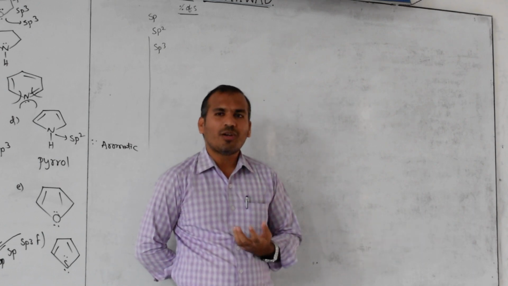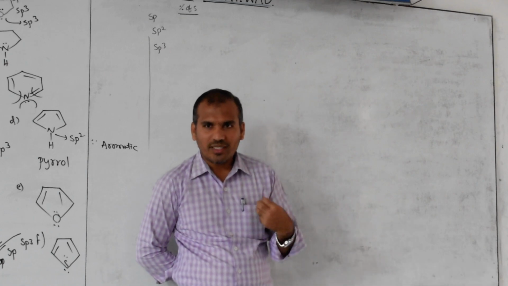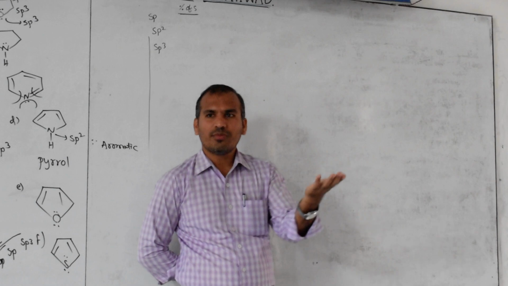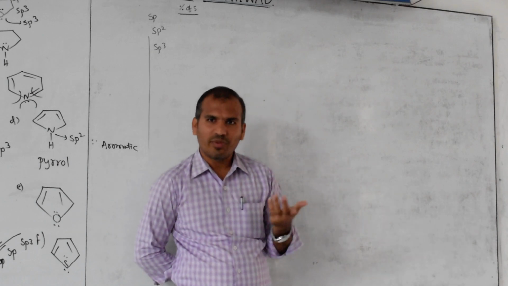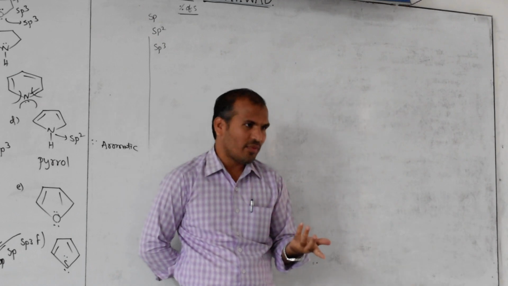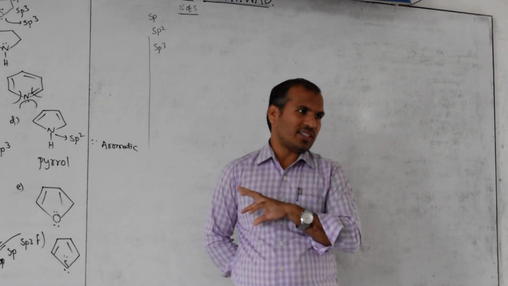Your marks percentage, how are you calculating? Obtained marks by total marks. Now percentage, which one am I asking? That one is the numerator, and total is the denominator. 2 by 5 is your girls percentage. Boys percentage is 3 by 5. That is a fraction. Multiply with 100, that is percentage.